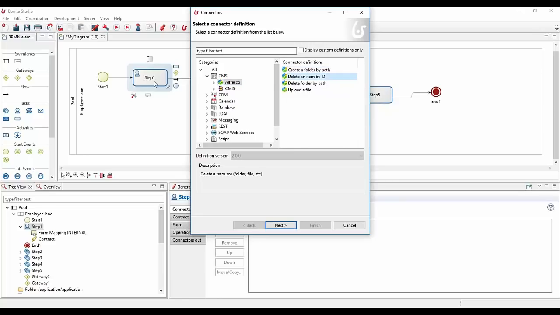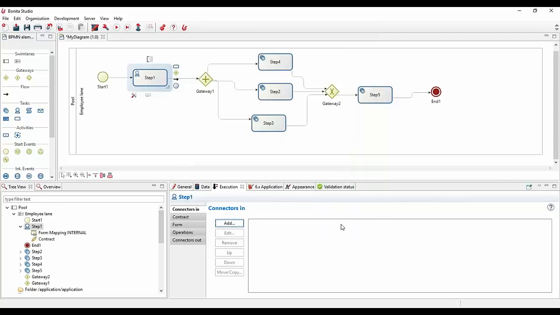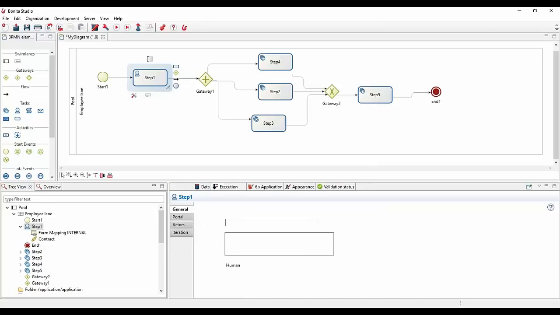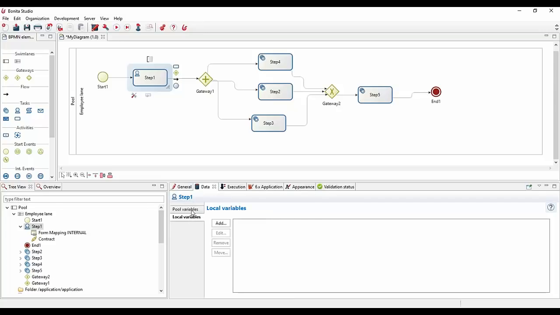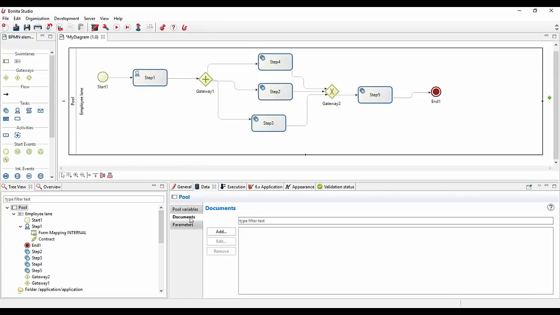And this will be done directly from a connector instead of the document feature that is coming with Bonita. Again, it's a matter of performance. It's better to use a CMS, a system that is built for that. But you can use obviously the documents in Bonita if you need it and if it makes sense. If you don't have too many of them and if the documents are not too big, the reason is that all these documents, these binaries, will be stored into the engine database.